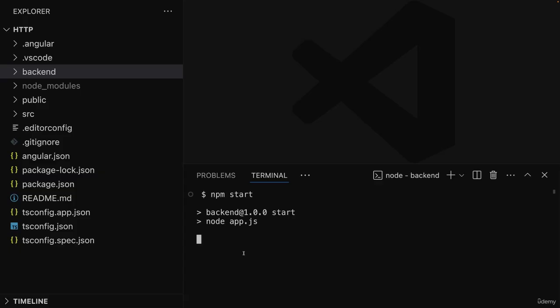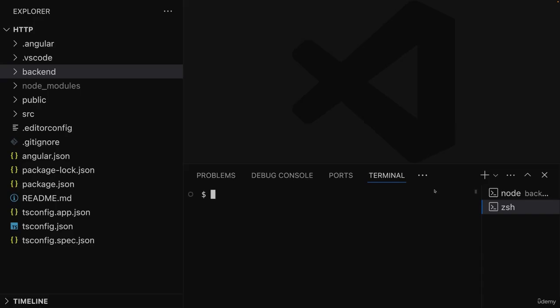Though you can stop at any time by pressing Ctrl+C if you need to. Then you should just restart it by running npm start again if you want to work on this application again. And now in a separate terminal, in a separate tab or a totally new terminal window, you should go into